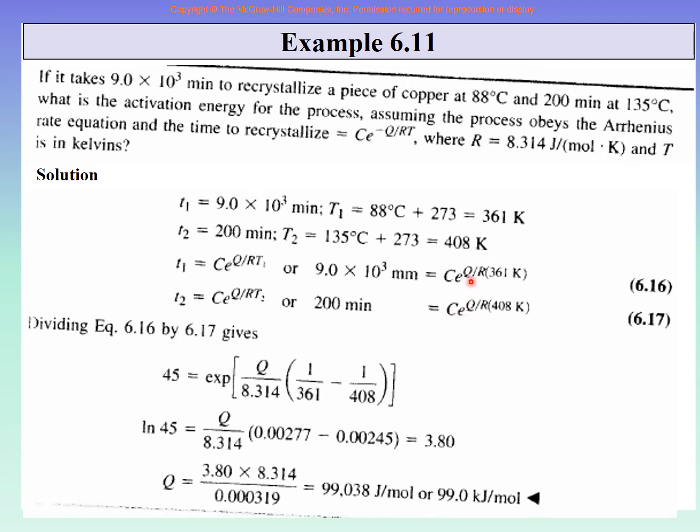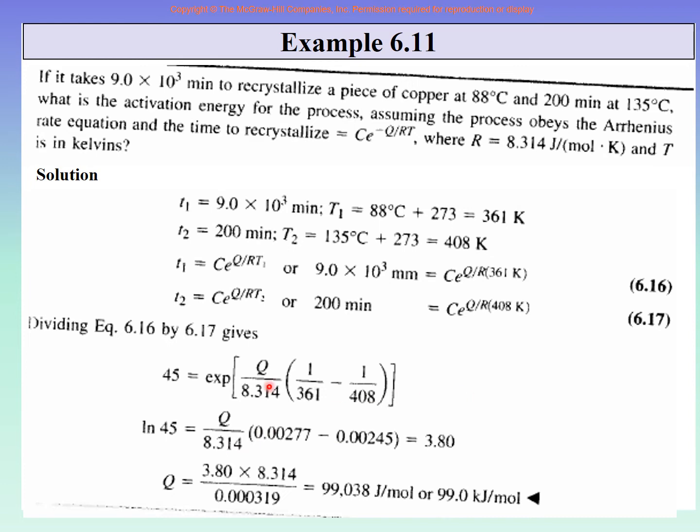When it is exponent of this divided by exponent of this, then you remember that in powers it will be e raised to this minus this. Understand? Remember, when it is e raised to x1 upon e raised to x2, then it is e raised to x1 minus x2. So that is what they are doing, that the q upon r and so on. So r and r will cancel out and this will come out, and then you can solve it.